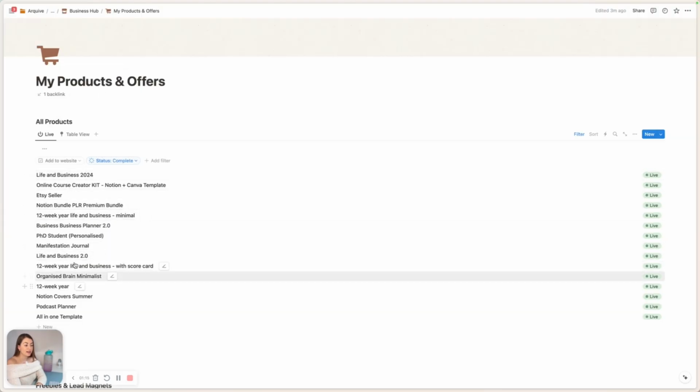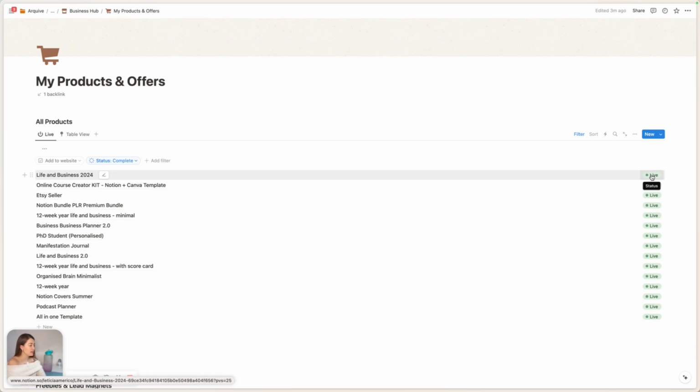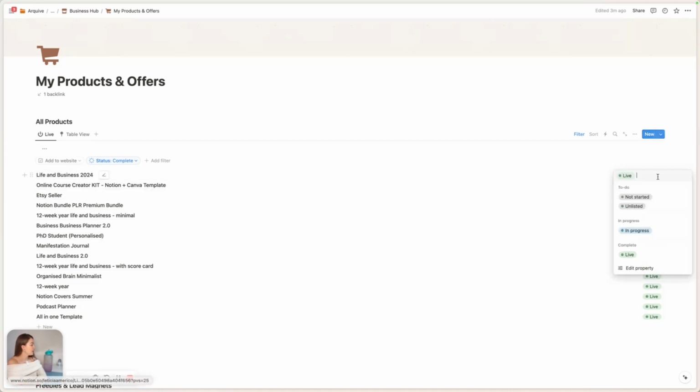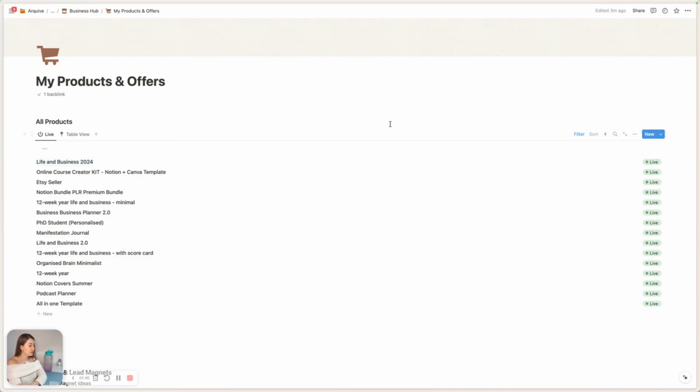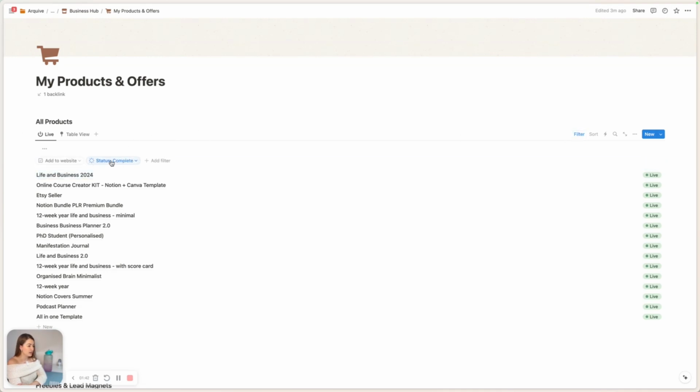And this is what I did with every single product here. One of the properties that I've used here is the status, as you can see, so I can organize them if they are live, if they are unpublished, if they are just like in developing, they are being developed. So you can just use a status property, and here I added a filter, as you can see here,